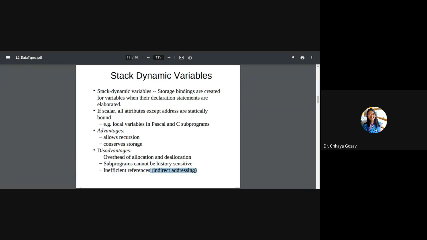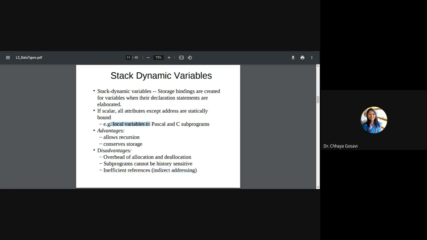This direct and indirect addressing, these are hardware terms. It means when the compiler tries to find the value of a variable, if it is not loaded at that particular memory location, there is a pointer for this variable, for this table. That means at that particular location, you may not find the actual value. You can find the pointer to an address. So that is indirect addressing.